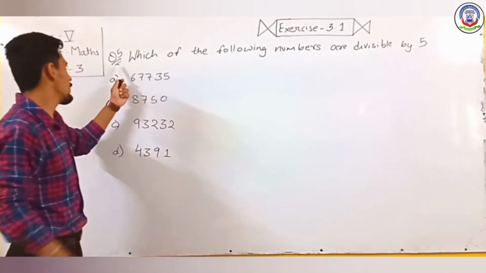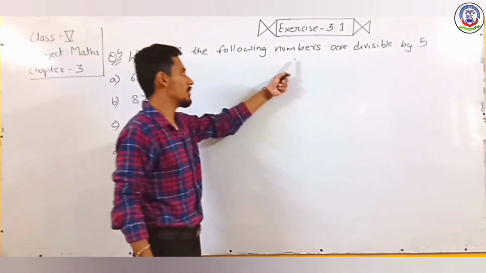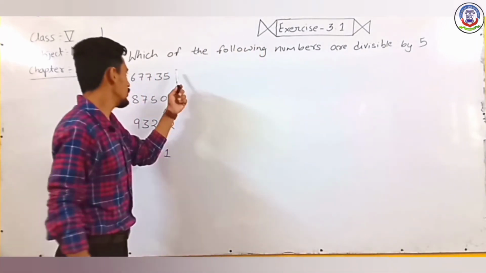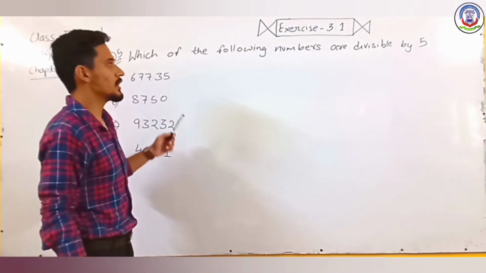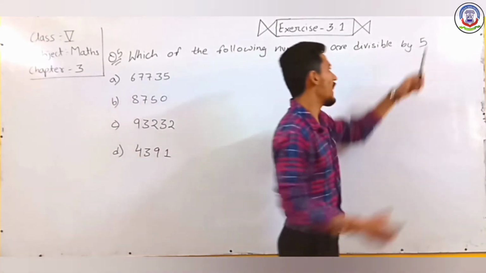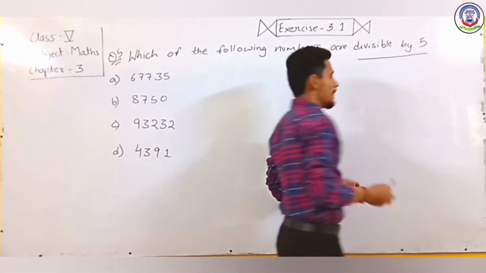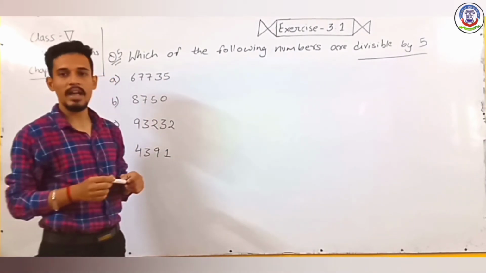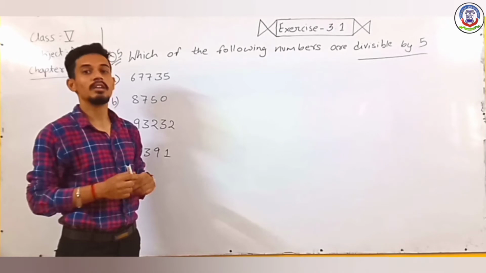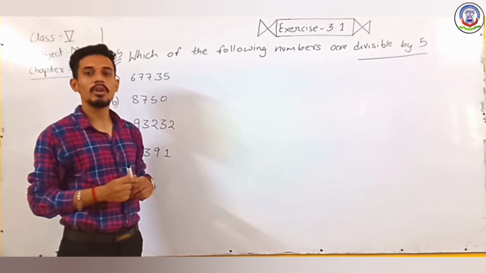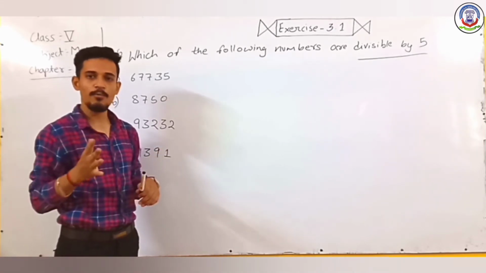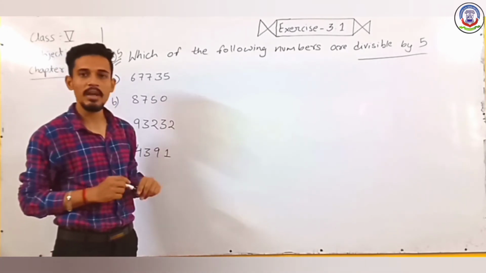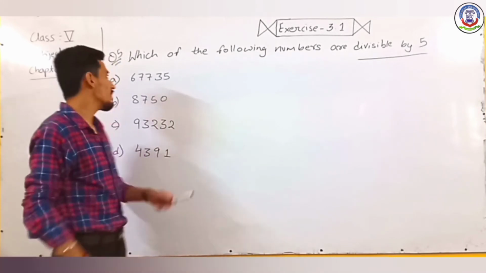Now question number 5. Which of the following numbers are divisible by 5? अब हमें क्या बताना है, जो नीचे दिए नंबर्स हैं उनमें से कौन से नंबर डिविजिबल बाय 5 मतलब कि डिवाइडेड बाय 5 मतलब 5 की टेबल में आते हैं. सो डिविजिबल ऑफ 5 का रूल क्या था डिविजिबिलिटी का कि वंस प्लेस पे क्या होना चाहिए, 0 होना चाहिए या 5 होना चाहिए. वंस प्लेस पे 0 या 5 होता है तो वो 5 की टेबल में आते हैं नंबर. सो फर्स्ट वी हैव